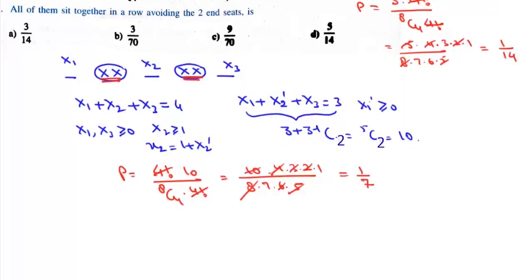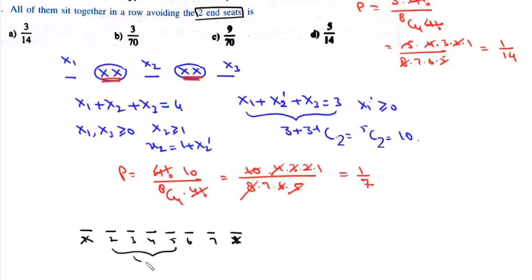Now the third part of the question is all of them sit together in a row, avoiding the 2 end seats. So we have 8 seats, 1, 2, 3, 4, 5, 6, 7 and 8. Now we have to avoid this first seat and this 8th seat. Now all of them can sit in either 2, 3, 4, 5, or 3, 4, 5, 6, or 4, 5, 6 and 7. So we have 3 choices,